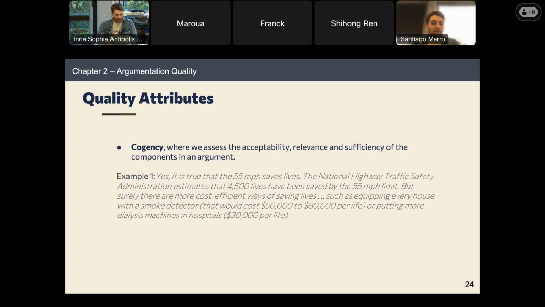The problem with this is that all of these claims are not really relevant to what we're discussing. We are discussing the change of speed limits on the highways, and it may be coherent. It may be factual that putting more smoke detectors can help save lives, but it's not relevant to the topic that we're talking about. So it's not a cogent argument.